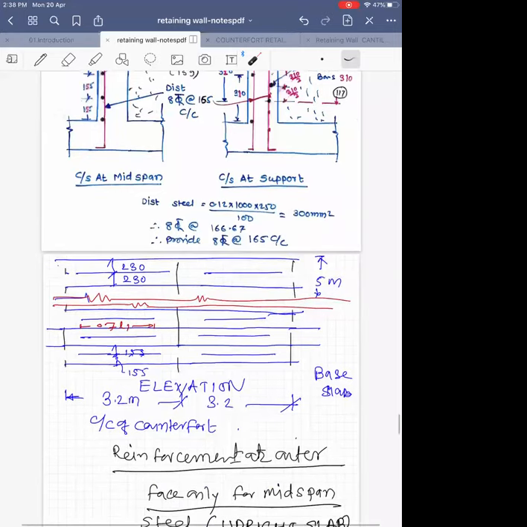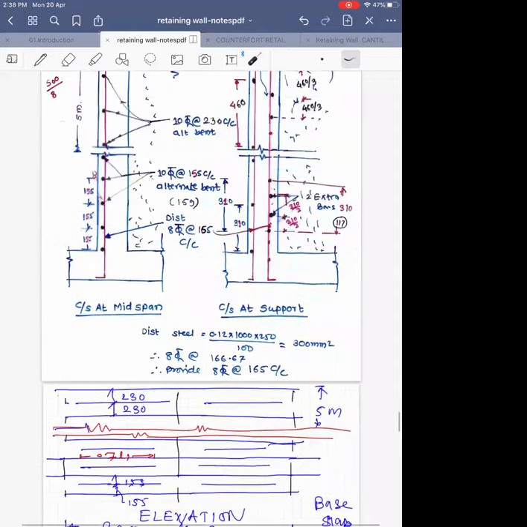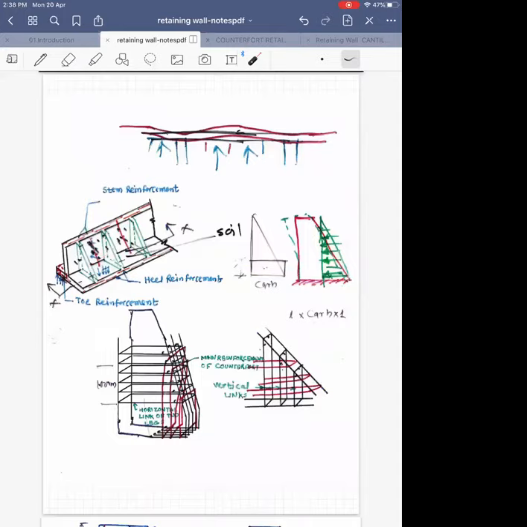So on the bottom, 10 mm at 155 mm center to center, one bar will be straight and second will be in the form of pieces 0.7 L. Now for bottom 1 meter portion, as you know here, the bending moment is large because of large pressure. But if you consider some other height, bending moment will be less because of lesser pressure. So we design at the bottom and we design at 5 meter. At 5 meter spacing will be large, 230 mm center to center, one bar straight, then second in the form of pieces, third straight like this on outer face. So this is the detailing done.